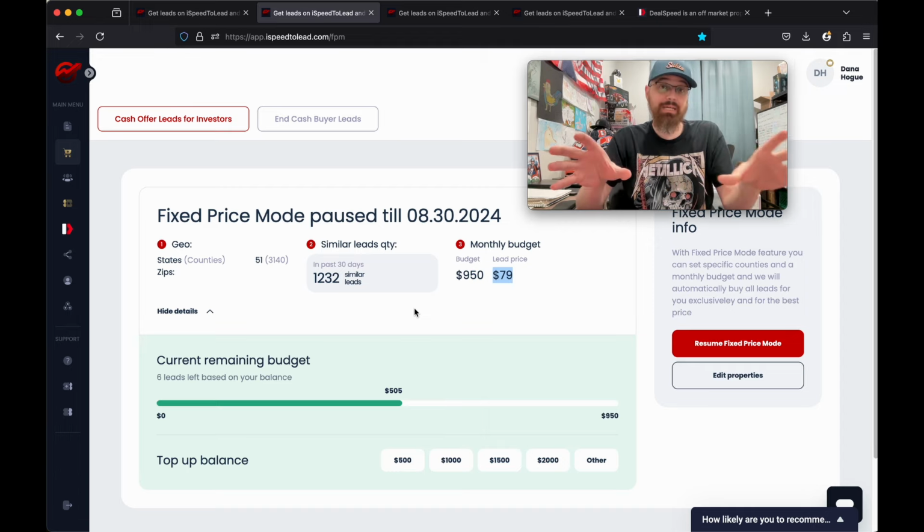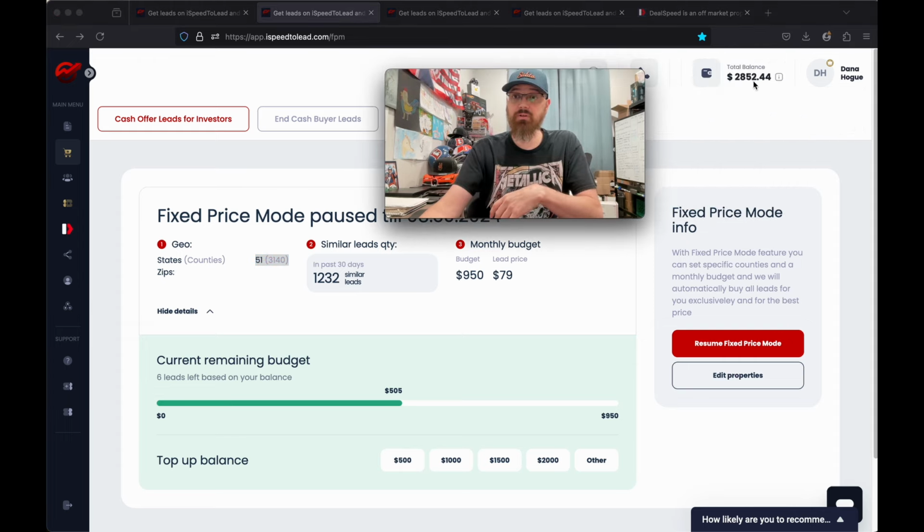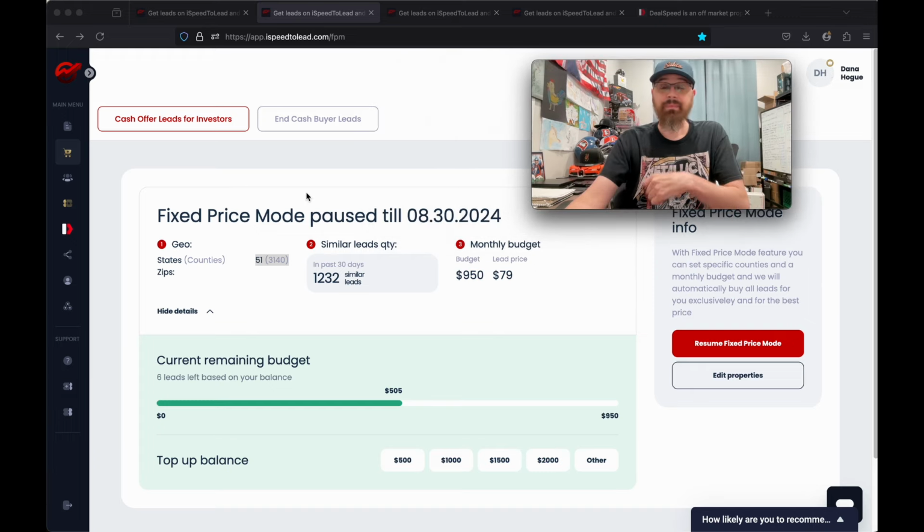If it just pops on nationwide, I'm running a nationwide campaign. It should say that somewhere right here, geo, states, counties, whatever. It's 51, so 51 areas. Basically everywhere they market for leads, if a lead pops up, whenever it is my turn in line, it just charges my $79 to my account, which you can see like up here. Let me see, maybe I'll move myself. I've got $2,852 loaded in right now. It'll just charge to my account and then it deducts from that balance and then it charges out. And then when you want to pause it, say you've got enough leads for the day, you can just pause